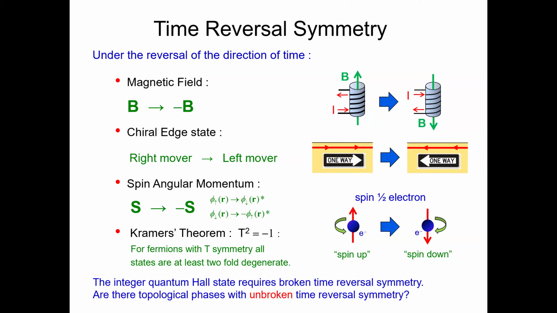It's actually interesting to think about how that comes about in quantum mechanics. In quantum mechanics, the action of time reversal symmetry does three things. It flips up spins to down spins. It also gives you this star, which is complex conjugation. And then there's one more thing. It gives you this minus sign, which is my favorite minus sign.